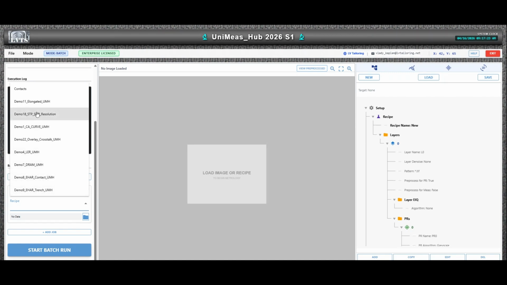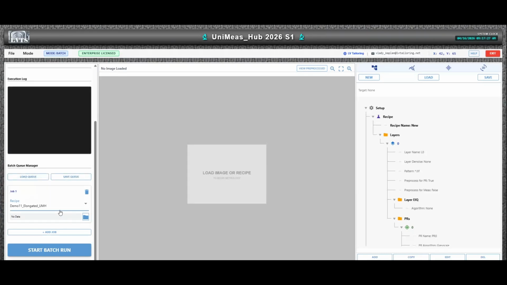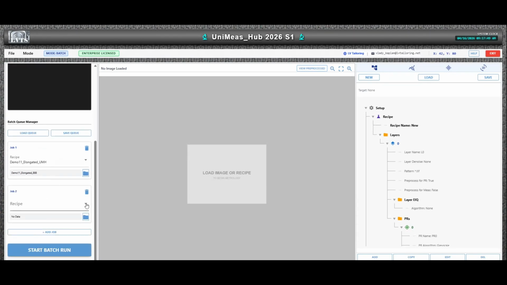loop. It methodically iterates from the top-level layers down to the nested pattern recognitions, and further into specific measurements and calculated metrics. This hierarchical loop ensures that complex recipes with multiple branches are fully processed without skipping any pattern recognition nodes during execution. To maintain stability, the batch runner reads the saved JSON recipe file directly and extracts portable, relative